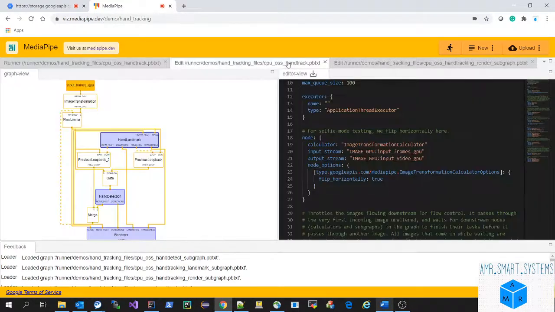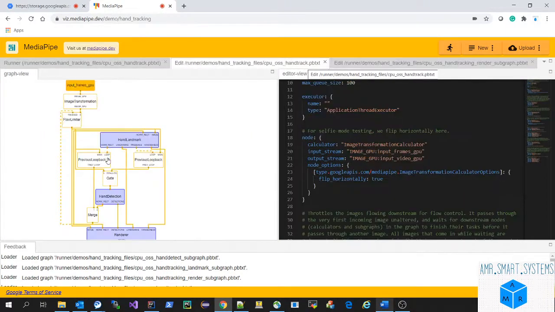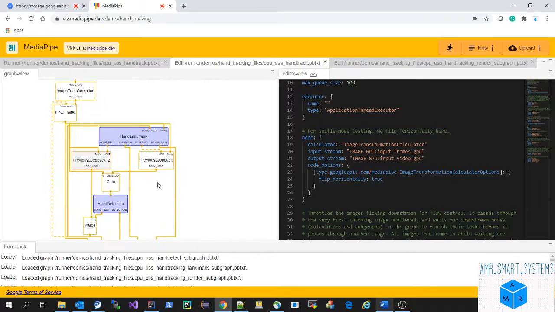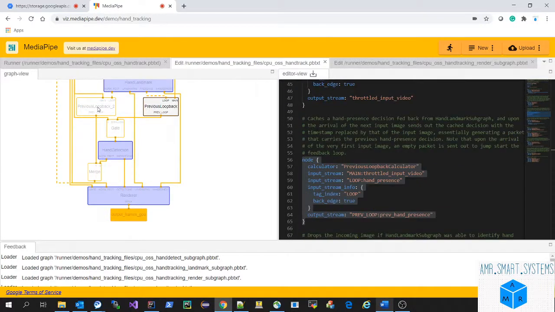And the other thing is this is the block diagram, the outer block diagram and the inner block diagram is this one. There are two feedback loops they're maintaining. That's why the quality is good, and later they merge those results. In the hand landmark, you can see two loopbacks are there.